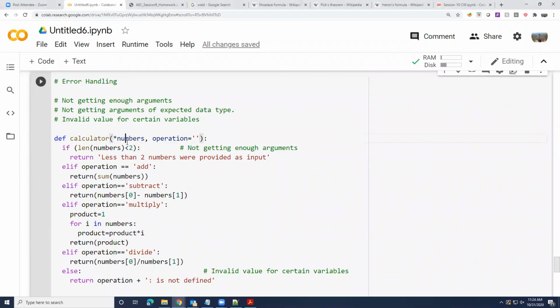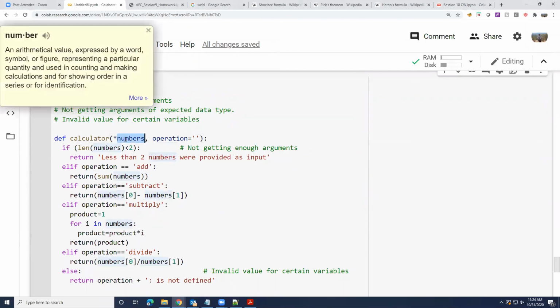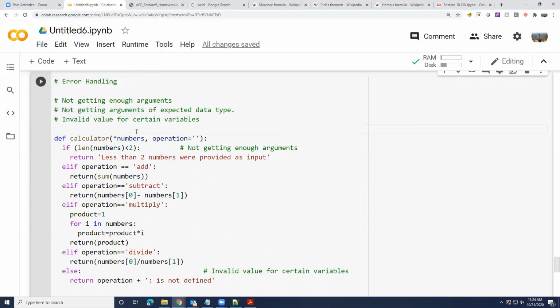So is the question clear? Try to check whether the numbers that are given as inputs, or whatever parameters that are given as input to your calculator, are actually indeed either floating point numbers or integral numbers and not strings or any other type of data.